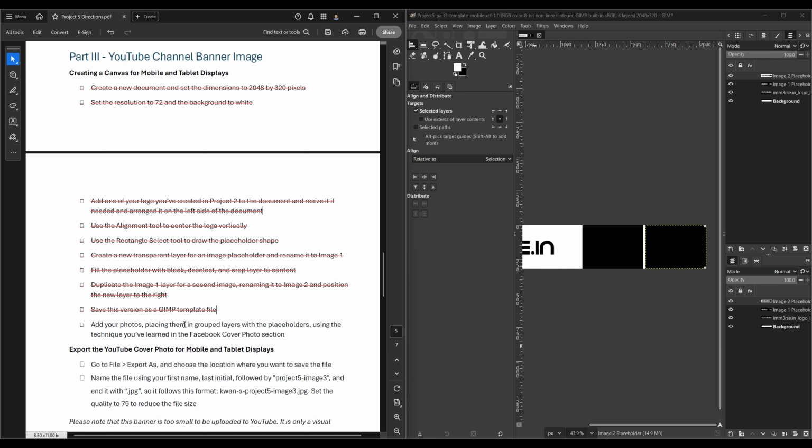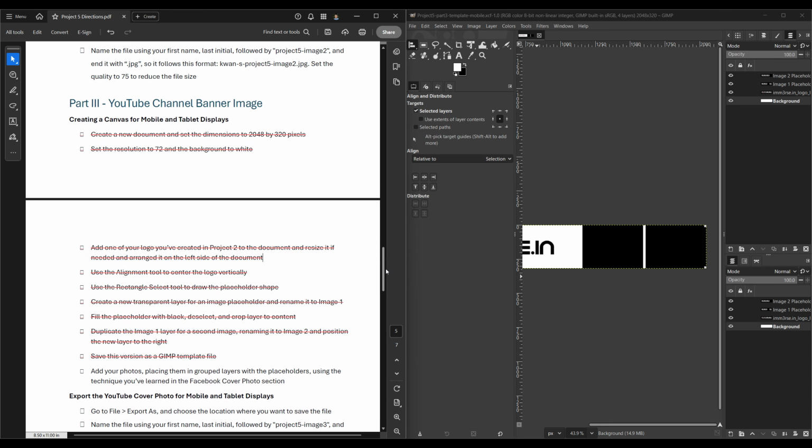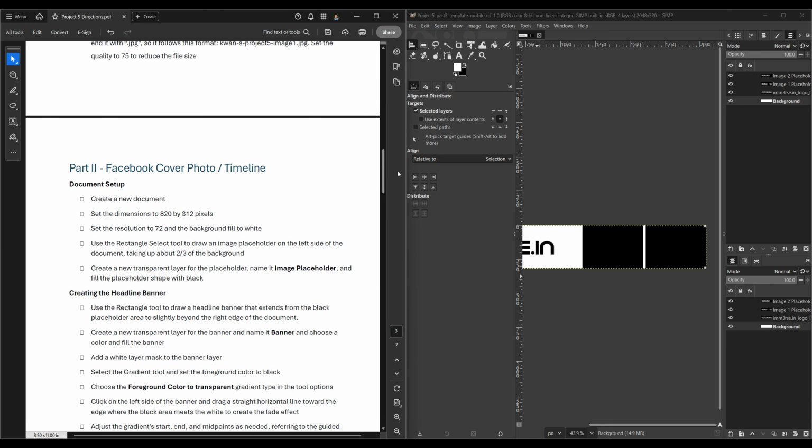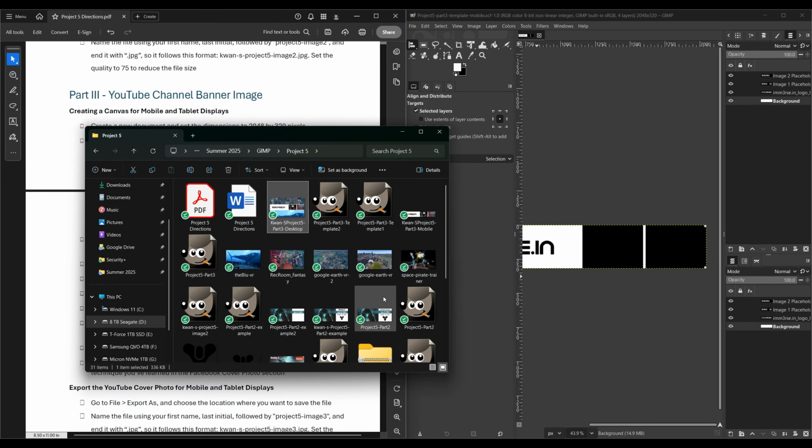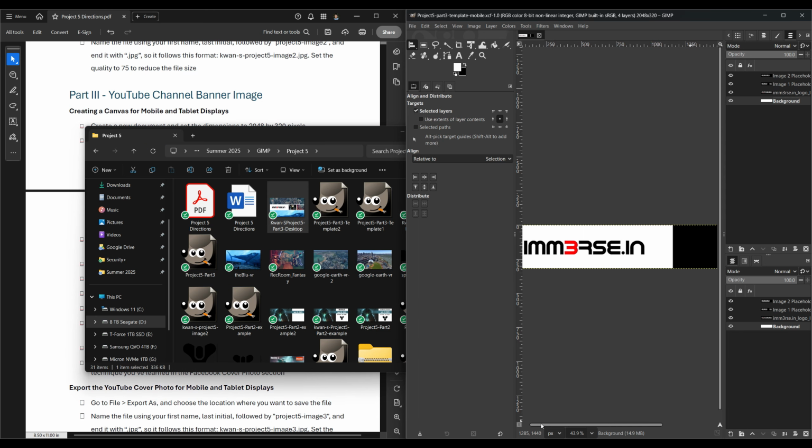Now we want to add our photos into these image placeholders here. And you want to resize it appropriately, using the technique we learned in our prior activity, which is creating the Facebook cover photo. So what we want to do is find those images either on Google or screenshots or your own photos. If you don't remember, Immersion is my virtual reality center business. So I'm going to highlight all the VR games that people in the past were able to experience at my